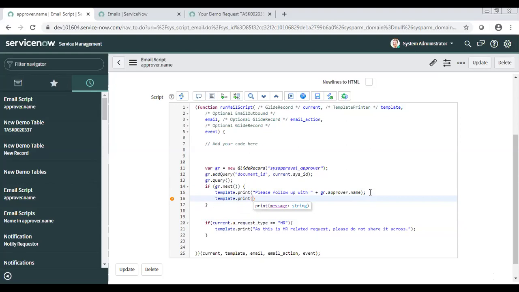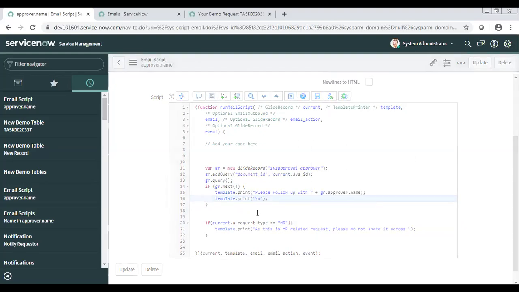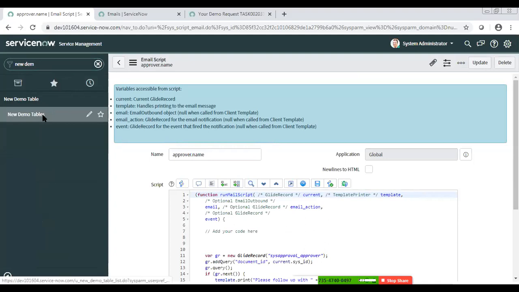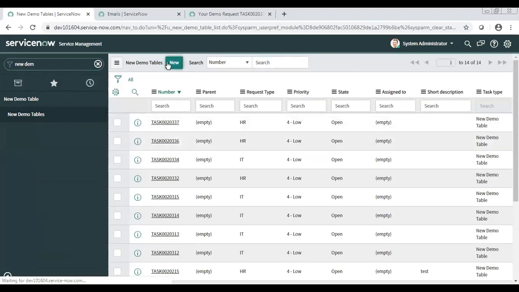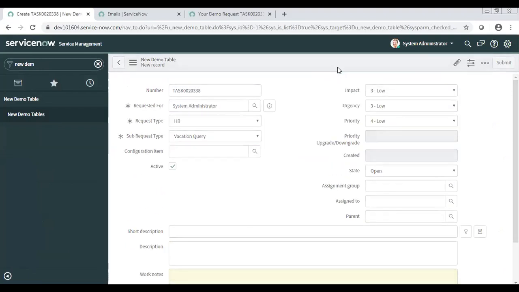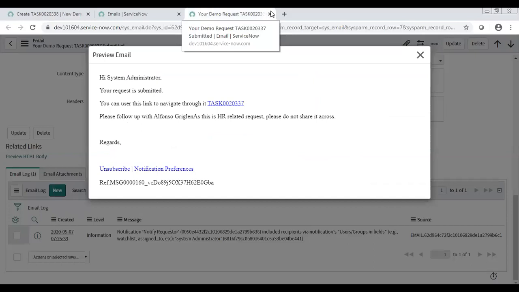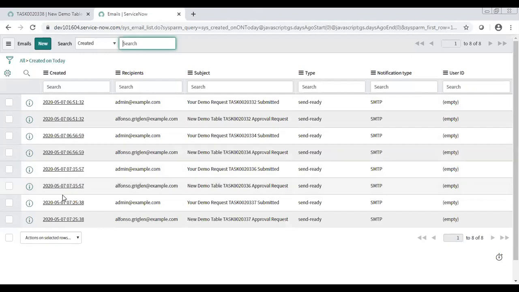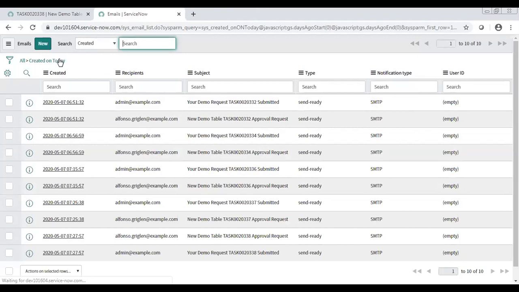And mostly you will use this template.print on. So if you see, there are two going.